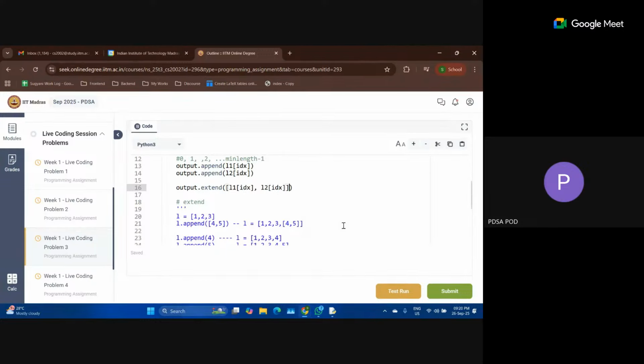It will append these two numbers to the original list, or I can also write output is equal to output plus this list. All of these will do the exact same thing: these two statements for append, this one statement for extend, and this statement for using the concatenation operator.